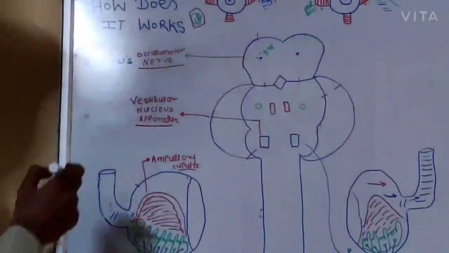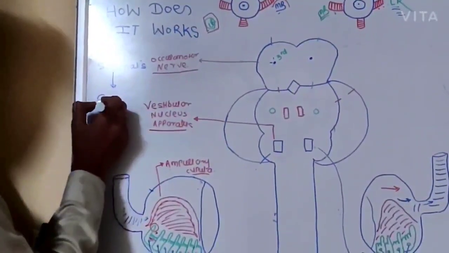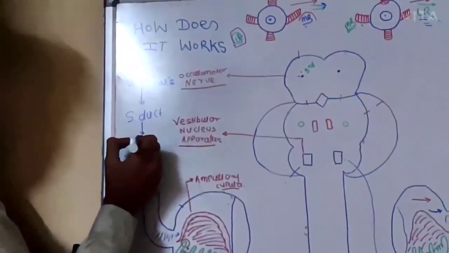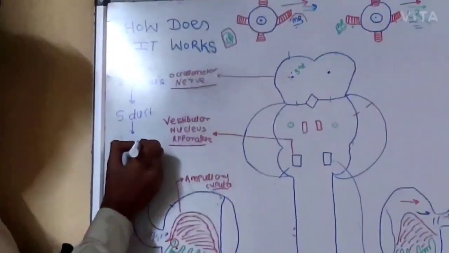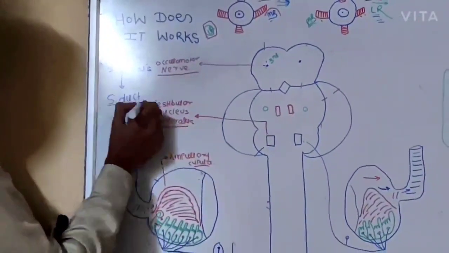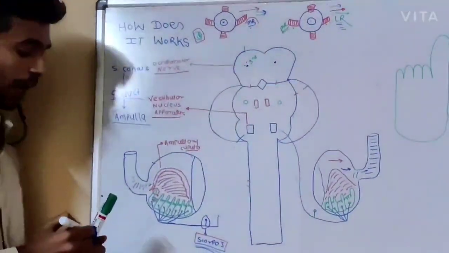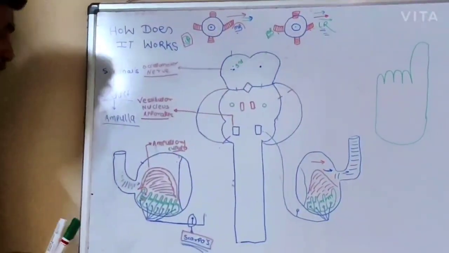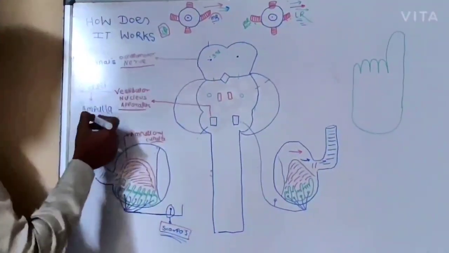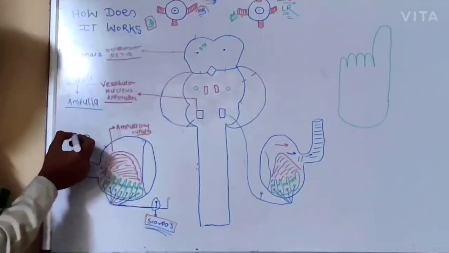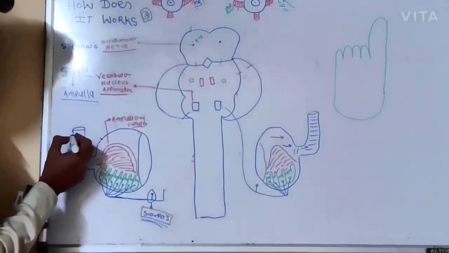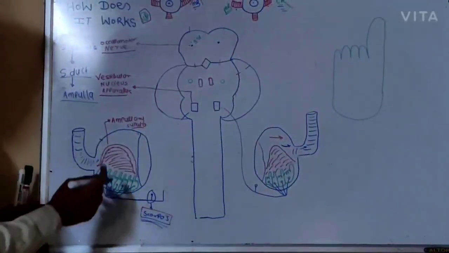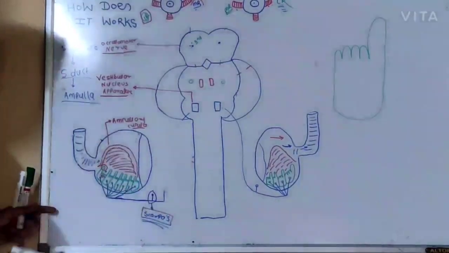The semicircular canals consist of semicircular ducts, and the dilated portion of a semicircular duct is the ampulla. Now this semicircular duct and ampulla have a quite important role in this vestibulo-ocular reflex. Let's know what this duct and ampulla are. Let us consider this semicircular duct. It contains endolymph. Now the dilated portion of this duct is known as the ampulla.